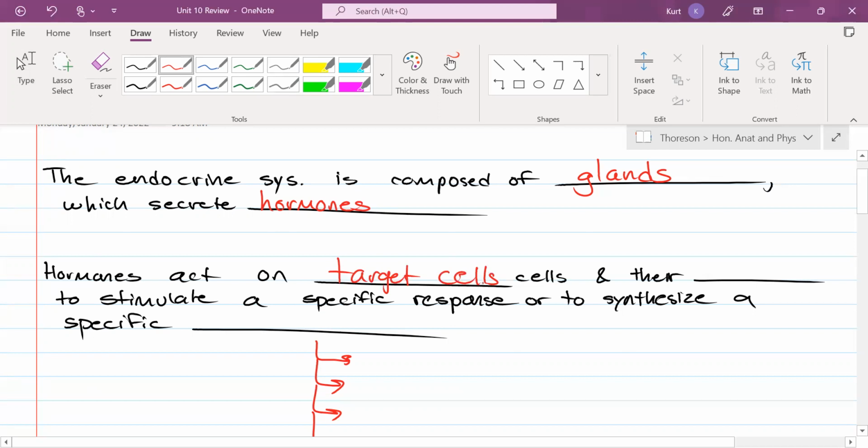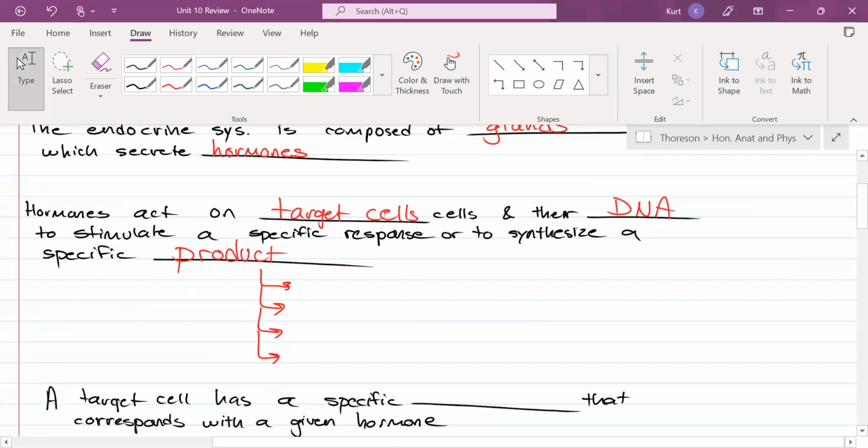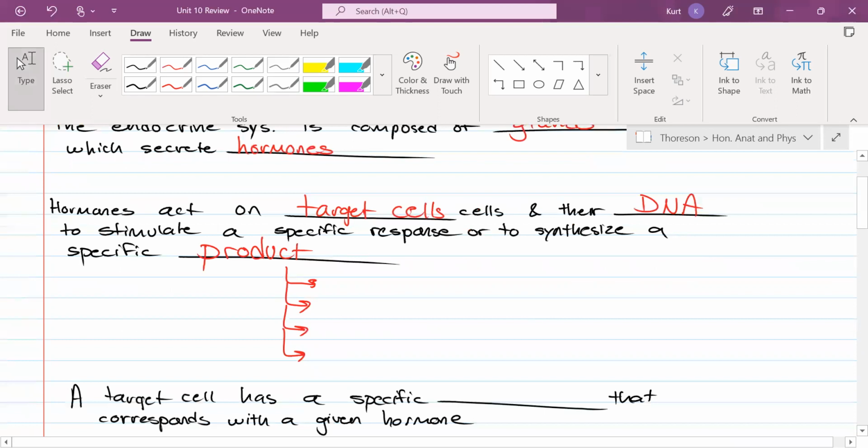Hormones act on target cells. And what is in the target cells that the hormones are really trying to stimulate and activate? No, the receptors are on the surface of the cell. What's in the cell that the hormones are trying to activate? DNA. To stimulate a specific response or to synthesize a specific product. Now, in my AP bio classes, I've been teaching them a little bit about DNA and how all